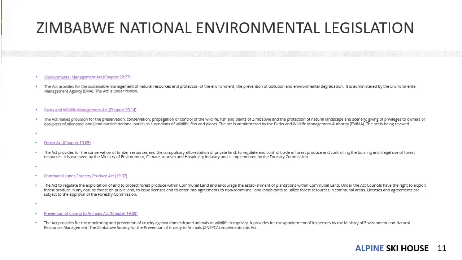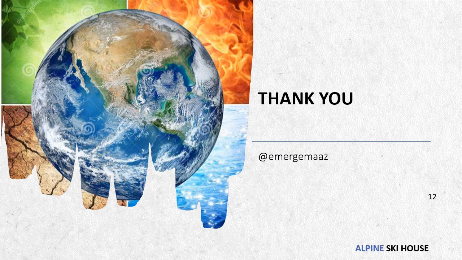So this is it, ladies and gentlemen. This is the right to a safe and healthy environment interpreted in terms of section 73 of the Constitution. It looks at the anthropocentric environmental right approach, and it has a vertical and horizontal application, and it looks at the interpretation of what it means to have